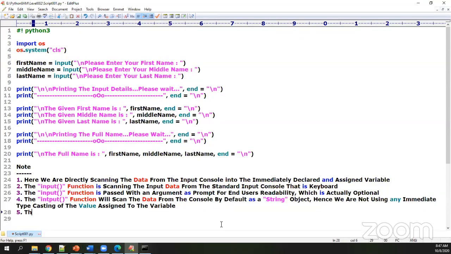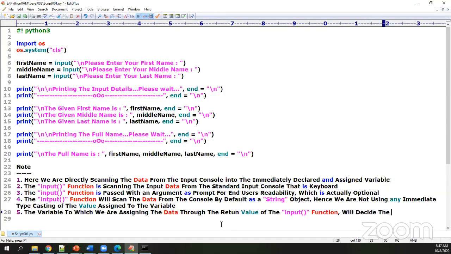Fifth, the variable to which we are assigning the data through the return value of the input function will decide the actual data type dynamically associated with the variable.